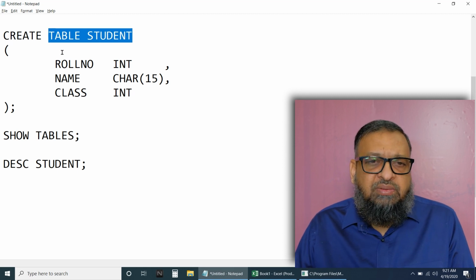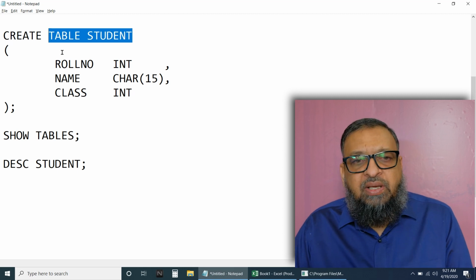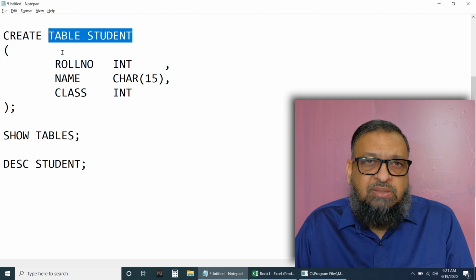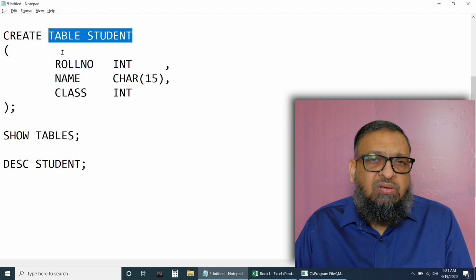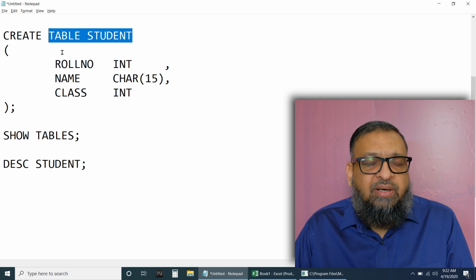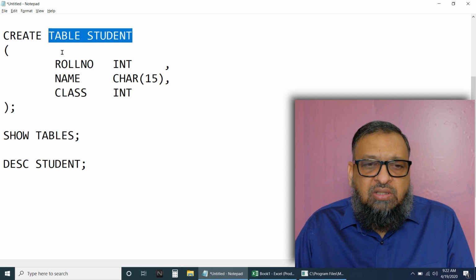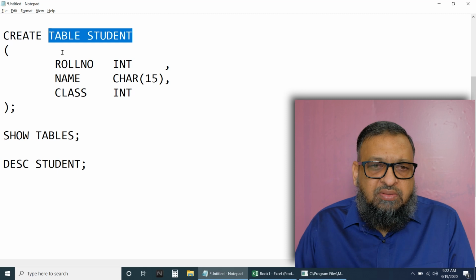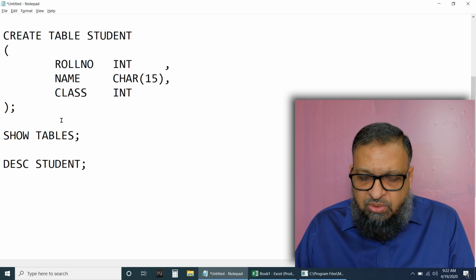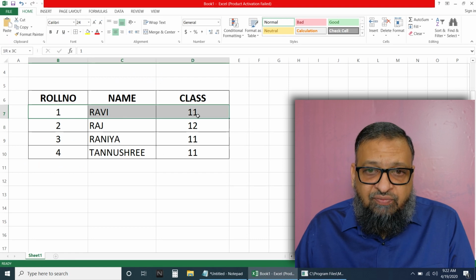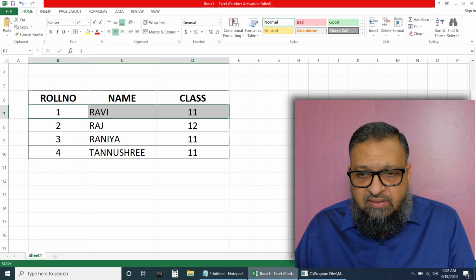This session is mainly to get familiarized with the database concept in MySQL. Later we are going to see all the types of commands, how they have been classified: what is a DDL command, what is a DML command, what is a TCL command. For the time being, let us just see how we can insert the records, how I can insert this 1 Ravi 11 into my existing table.